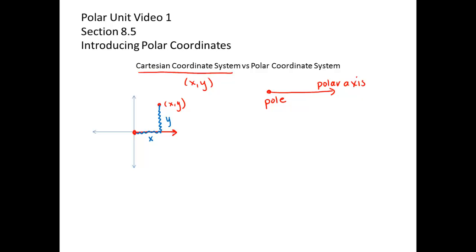Now, if I were to use our polar coordinate system to work with that same point and identify it, we're going to be talking about another ordered pair, but this one has r, which is the radial measure,